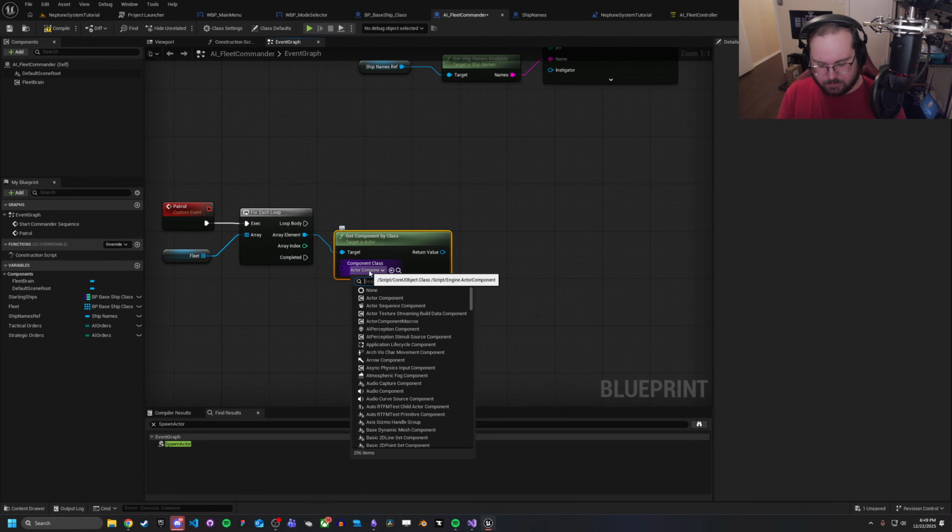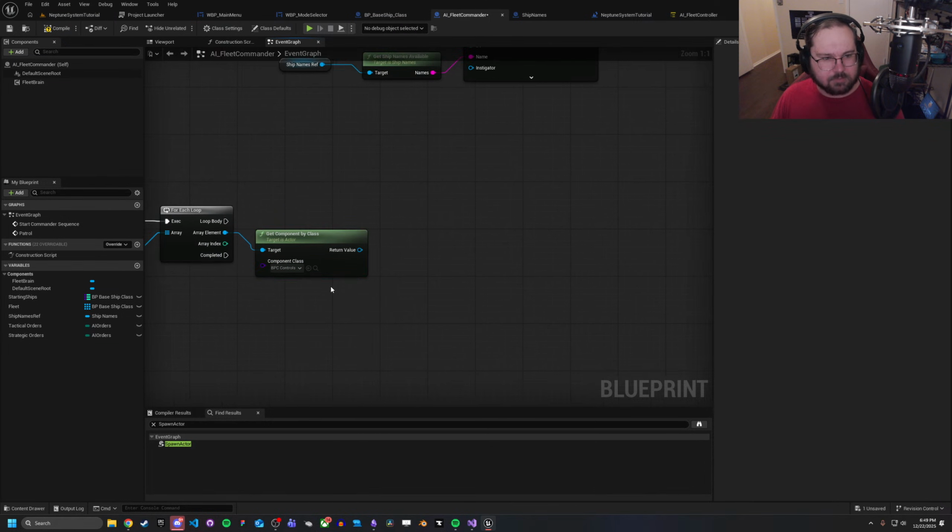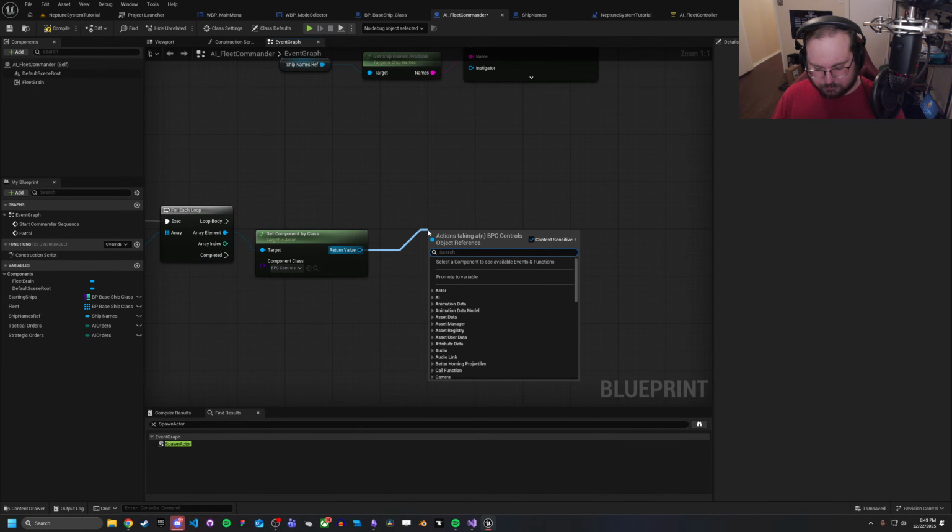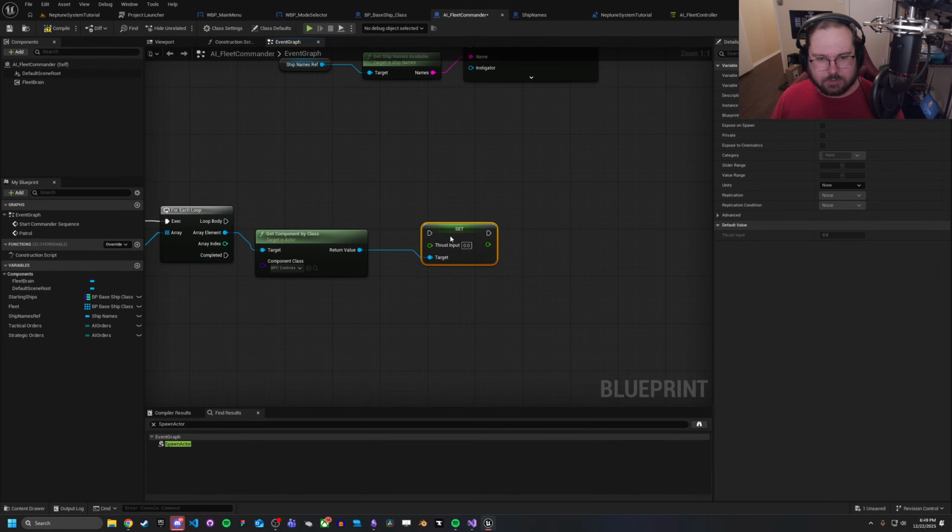Because in the final version, they're going to actually tell the brains, hey, here's your new setting. Here's where your patrol route is going. But for now, we'll just say here,